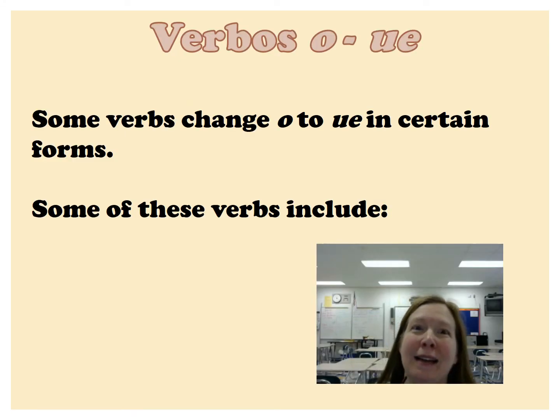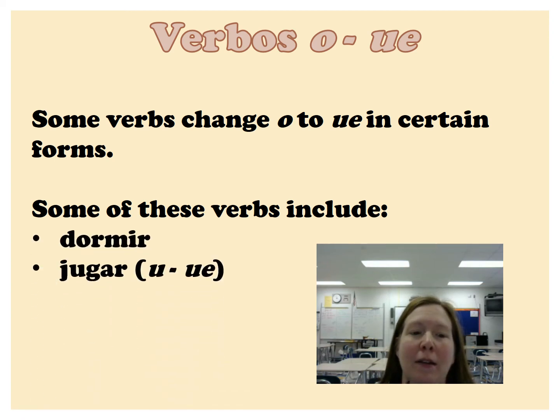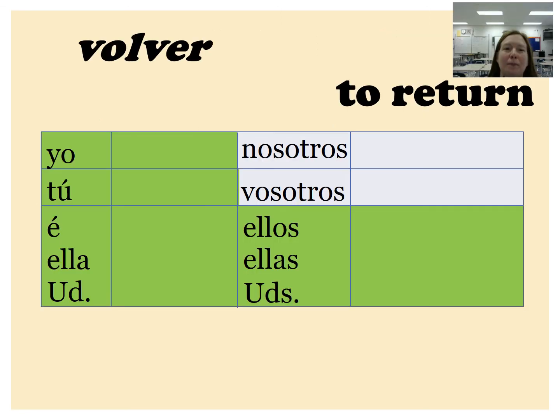There is the last kind of stem changing verb, which is verbs that change from O to UE in certain forms. Some of these verbs include dormir, jugar, poder, and volver. Jugar technically isn't an O to UE verb, but it does follow the same rules. Our example here is volver. So again, we're going to take off our ending, and we're going to change the O, but only in certain forms. So the yo form is vuelvo,